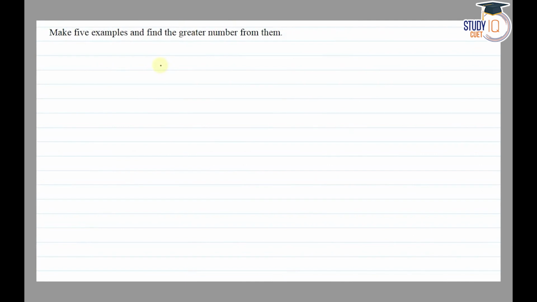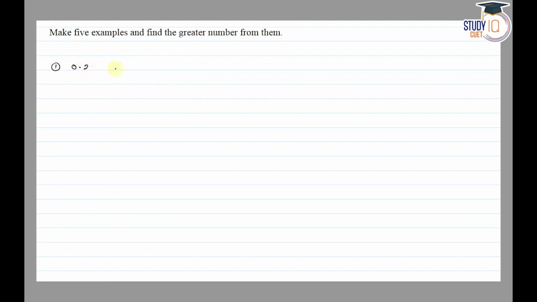Hello everyone, this question appears in class 6th NCERT chapter of decimal. This is second question of its exercise 8.3. So the question says that make 5 example and find the greater number from them. So let's take examples. First